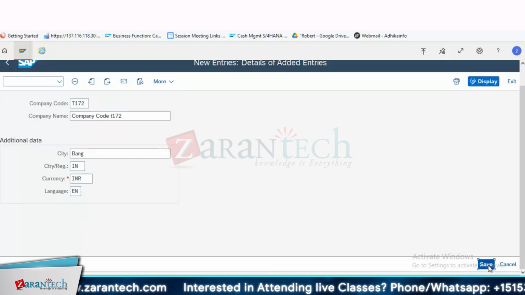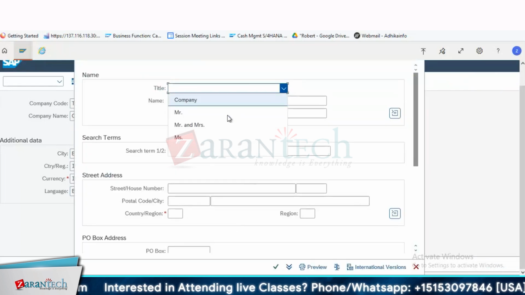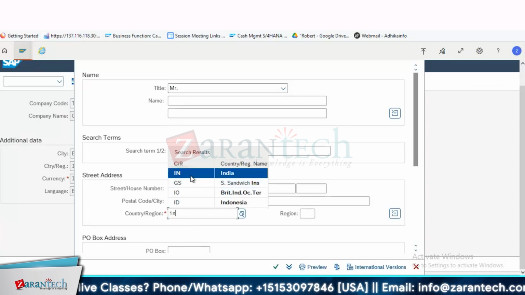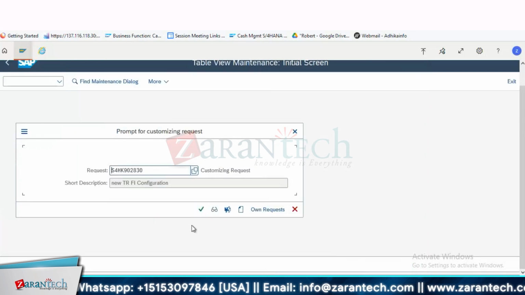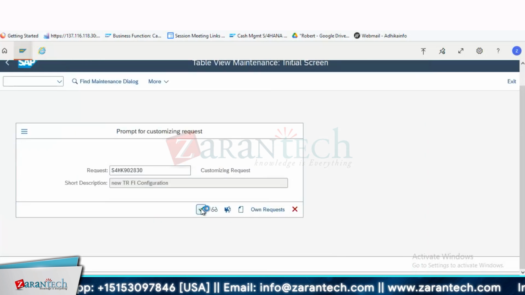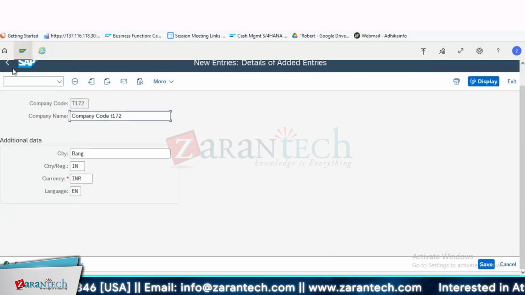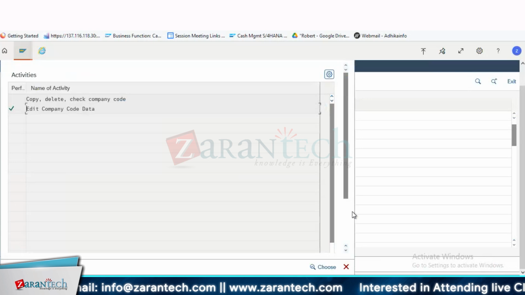I will just save it. It will ask me for other details, address and all. So let me just provide country code and then let me save it. Other details we can just ignore because whatever is star marked fields, those are mandatory fields. Without that, it won't allow you to save. So I just put the data in the mandatory fields. Other I just skipped. If I just go here and check